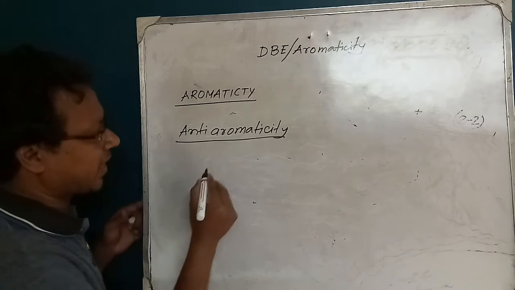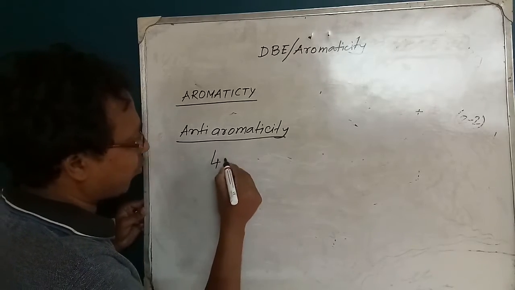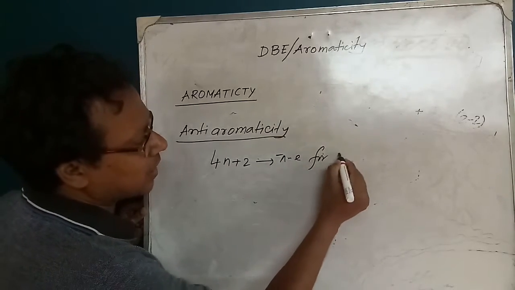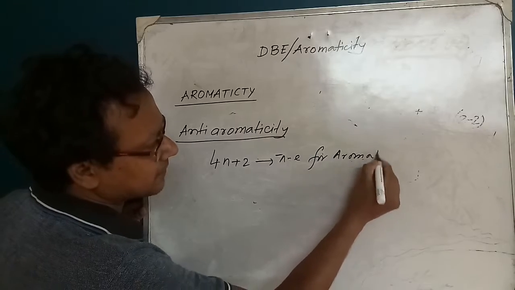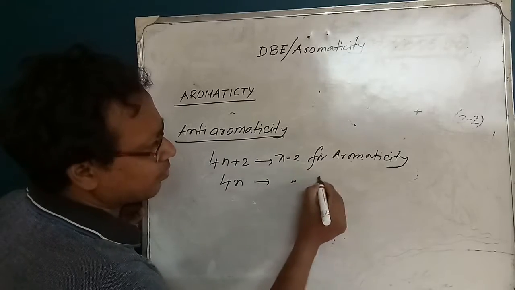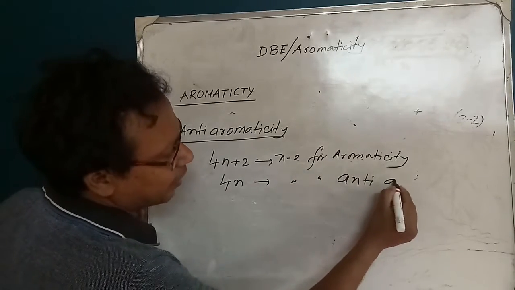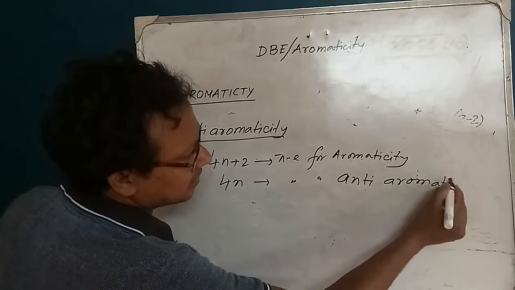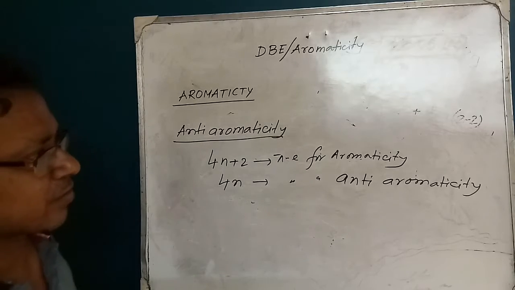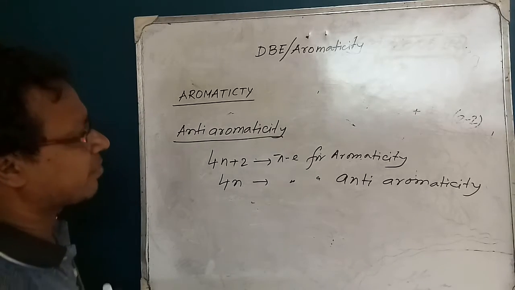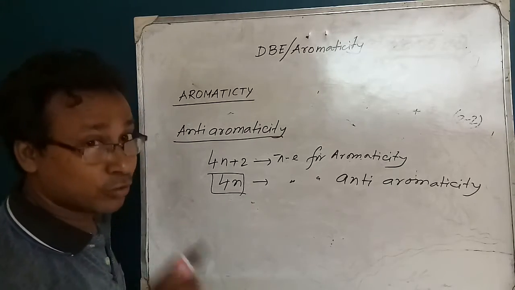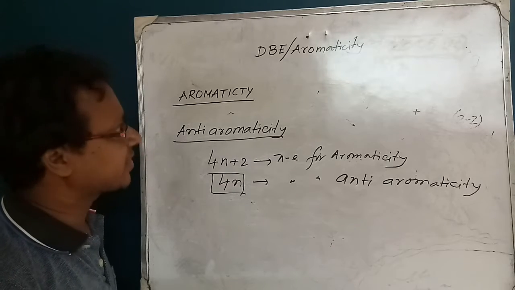For aromaticity it is 4n plus 2 pi electrons, and for anti-aromaticity it is 4n pi electrons. So whenever 4n pi electrons are followed with conjugation of the system, then it is definitely